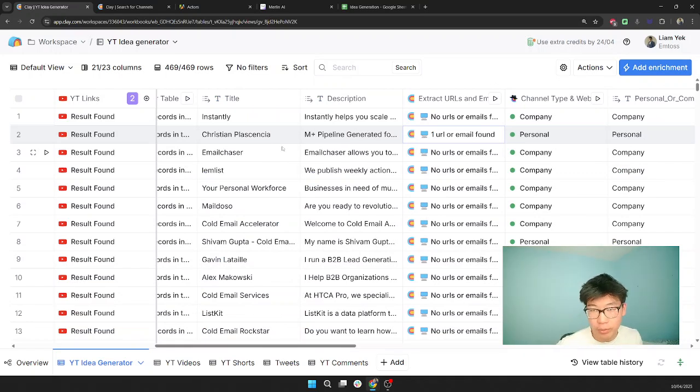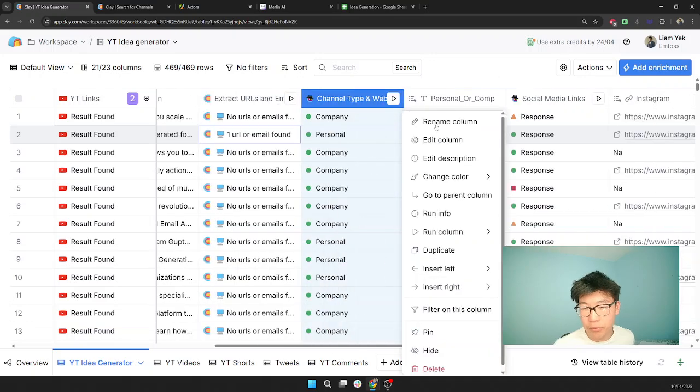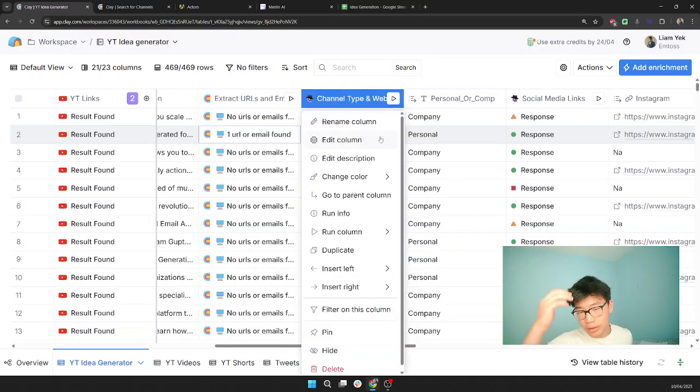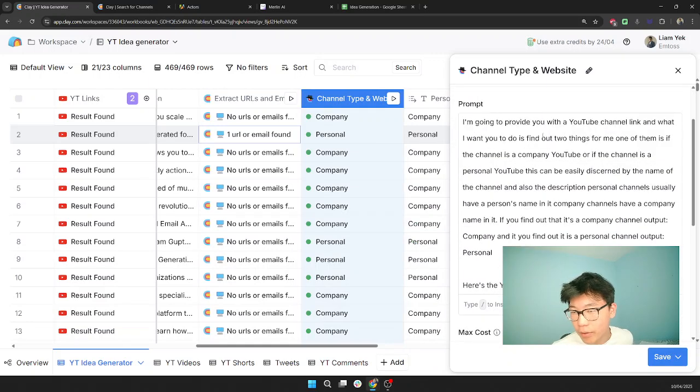And I'll be honest, this took a lot of prompting, so I'll show you the prompt. But then there was the company one, which is Email Chaser, and there's Lemlist and all this stuff, right? And if we come over here, open this up, this is the prompt I was using. We were using GPT-4o Mini. I'm going to provide you with a YouTube channel link, and what I want you to do is find out